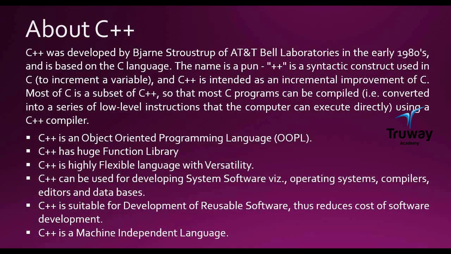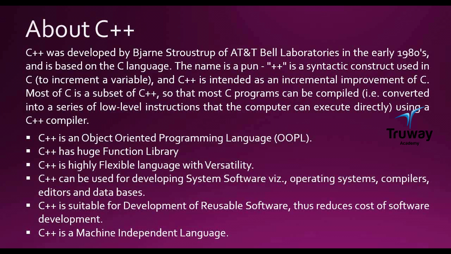We can say that C++ is a superset of C. It contains all the things we can do in C as well as in itself. And just like C, this is also a compiled language. Most of the things we'll find in C++ are common with what we have in C language. So these are some important things about C++: it is an object-oriented programming language, and it has the